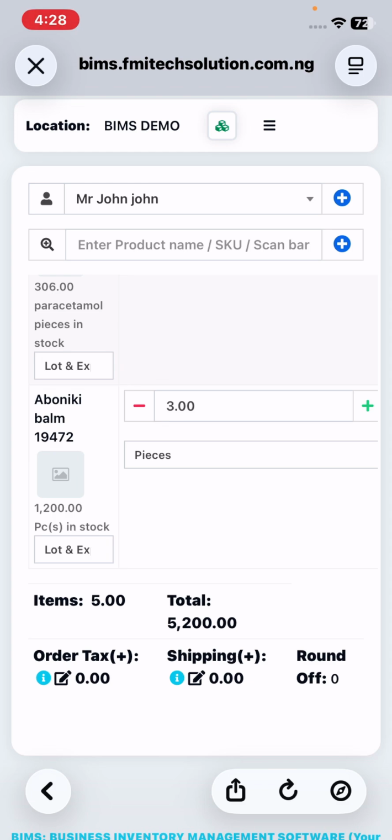And it's not necessary, it's not compulsory. You can just leave that part. If you don't put anything there, you save it as walk-in customer. Do you understand? So after you have done that, the next thing you can do